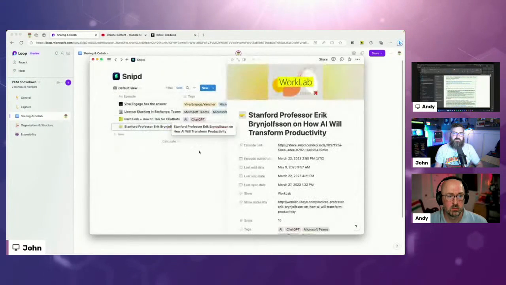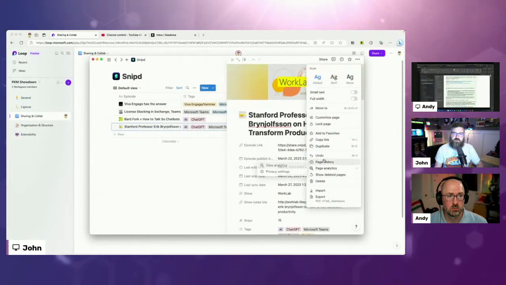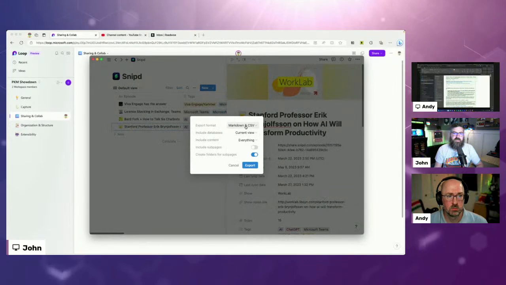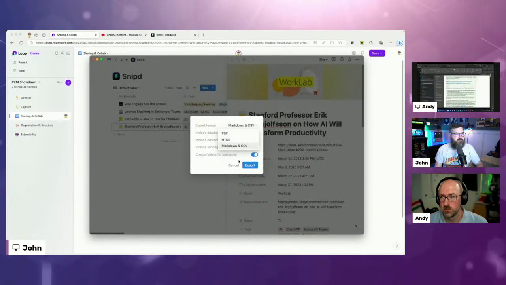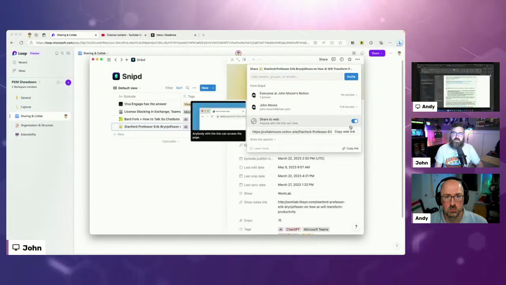That's typically how I would do this, and I can do it two ways. I can either export right here as PDF, Markdown, or HTML. Usually I'll save it as a PDF and then email it to somebody. Or what I've done in the past is go here to share and save that as a link.